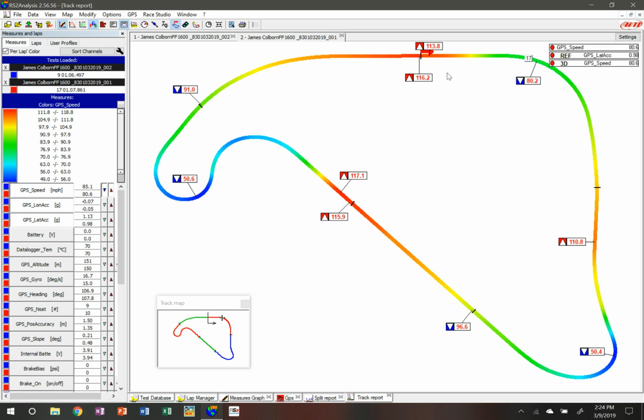And so right now I have highlighted here the fastest points in speed and where I am on track in that particular sector. And so you can see that information on screen. In addition, I'd like to be able to see what the maximum amount of lateral g-force is that I'm pushing on the car. So if I click that arrow upwards, it now shows me where on the track I'm also experiencing the highest amount of lateral acceleration on the car as well, which is useful to get an idea